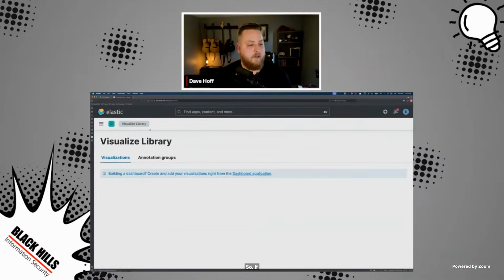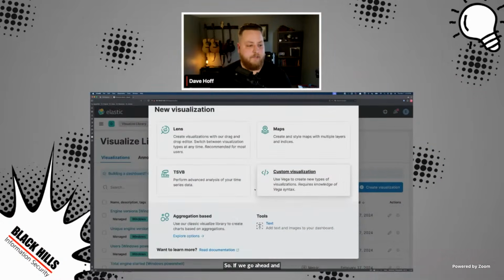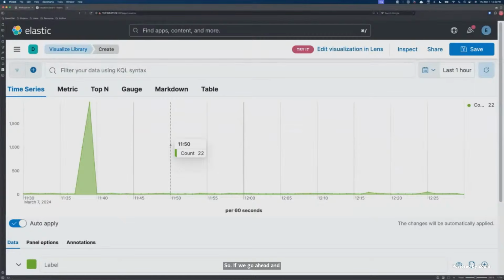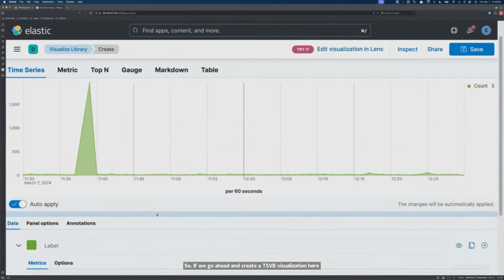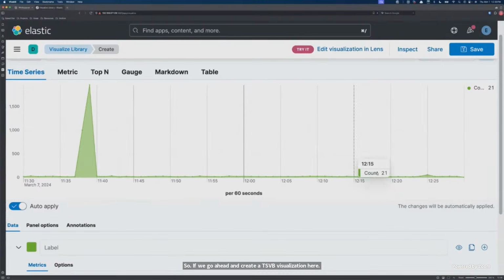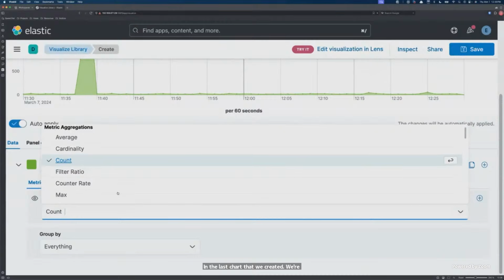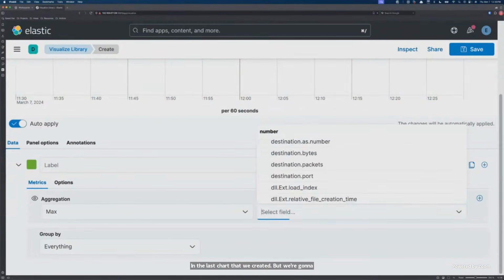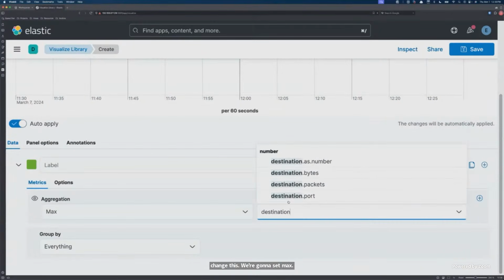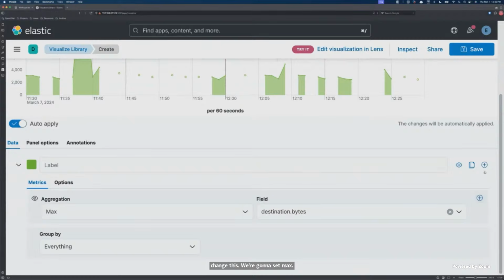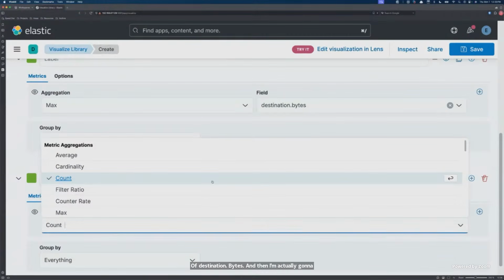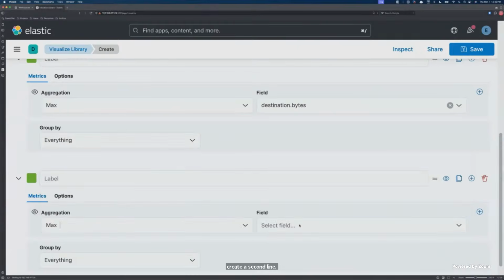if we go ahead and create a TSVB visualization here, by default, it's going to do something very similar to what we had in the last chart that we created. But we're going to change this. We're going to set max of destination.bytes. And then I'm actually going to create a second line that does exactly the same thing to show off this